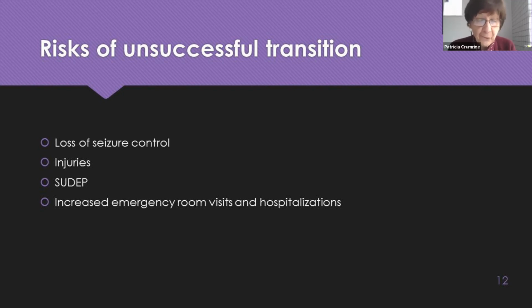If things have been going well from a seizure standpoint before adolescence, there's a risk that we lose that seizure control during adolescence, and this can result again in increased seizures and emergency room visits. So I think it's important to talk about these concerns as a parent during your medical visits and make sure that your medical provider is helping you and your teenager to really understand all of the concerns